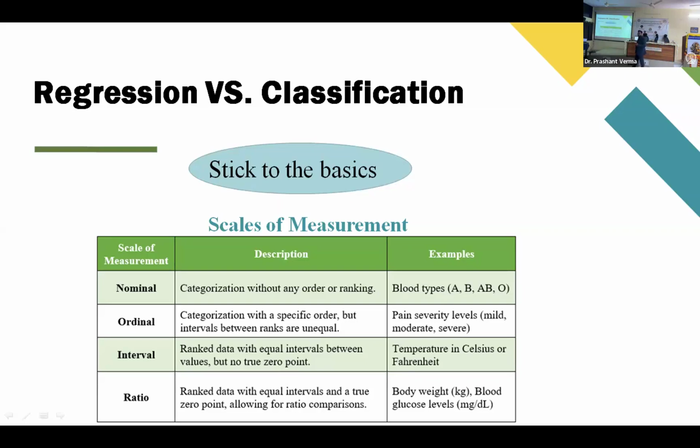You must have heard about the dependent variable and the independent variable. The dependent variable is also called the outcome variable or target variable. How will we define the problem? It will depend on our output variable that we call y. You must have heard the equation y equals alpha plus beta x plus epsilon. There, y is your outcome variable. So we will identify on which scale the variable is. After that, we will decide whether it is a regression problem or a classification problem.